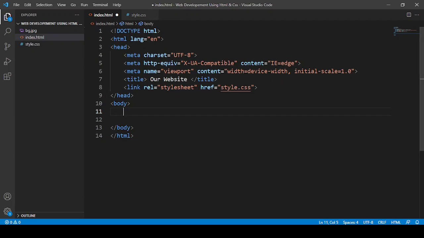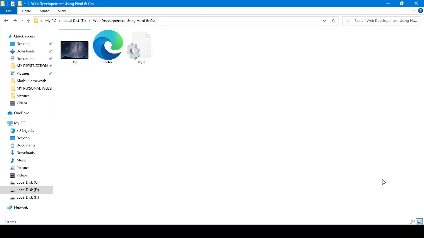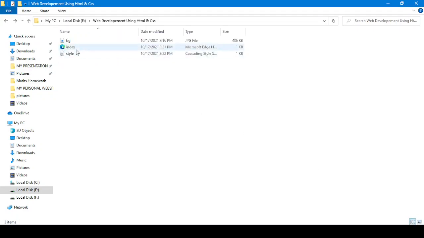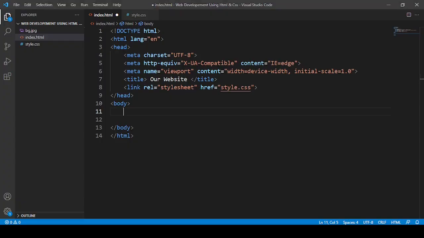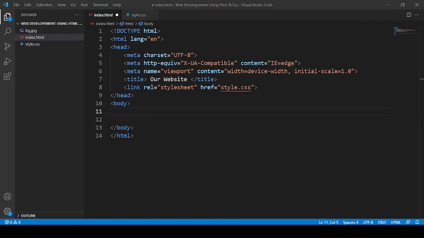So if you just open this HTML file now, then here you will be able to see nothing, because here we have done nothing yet, but here you can see the title, our website. Okay, so you can do that.